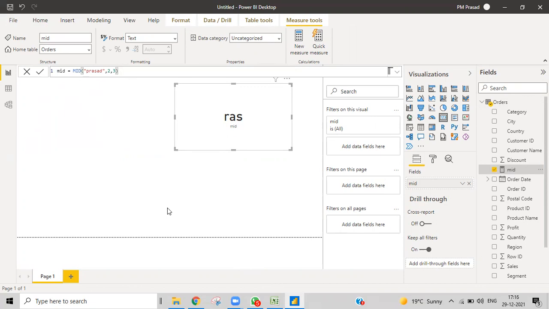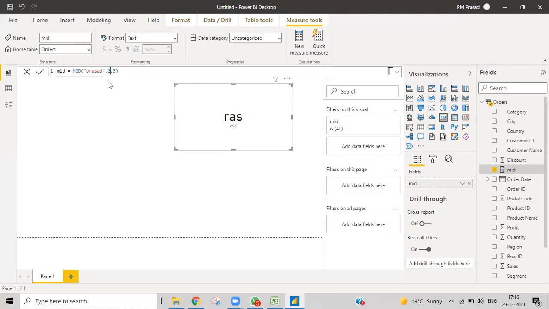I just need, starting from R, 3 characters. How can you do that? Then you need to find where R is. Right now you found that R is in the second place, so you gave it. But I want to find where R is. I don't know where exactly R is. Starting from R, I just need 3 characters. Then how can you do it?